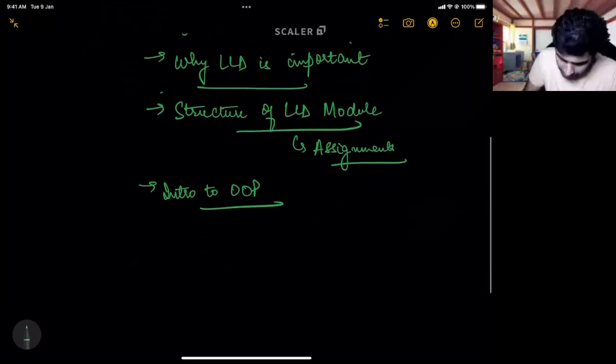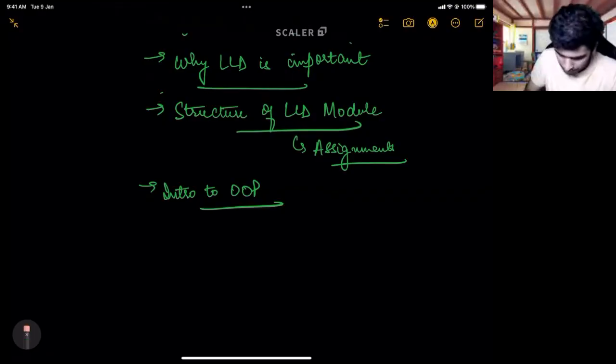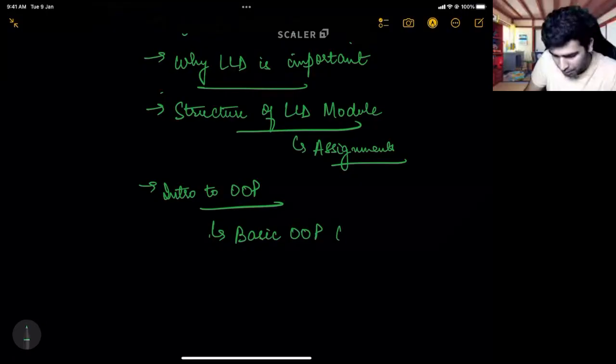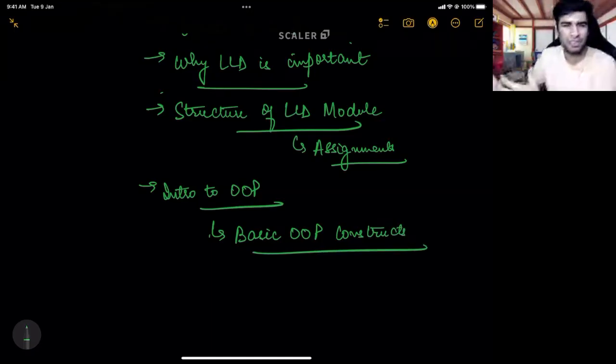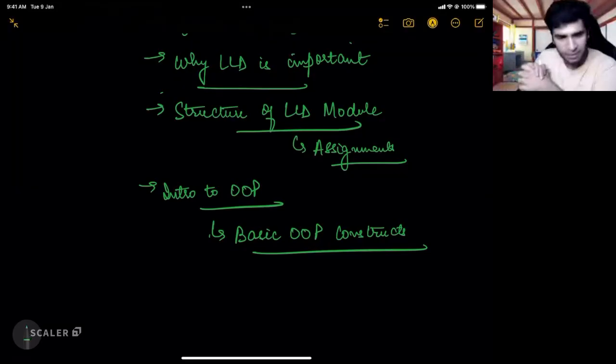After that, in today's session, we are going to learn basic object oriented programming constructs. We will see what classes are, what polymorphism is, what abstraction is, what encapsulation is, etc. Whatever we are able to cover today by 11:30, we will cover. Other topics which we are not able to cover, we will take up in the next class. The next class is going to be object-oriented programming 2, where we will go into more detail on abstraction, encapsulation, interfaces, polymorphism, etc.